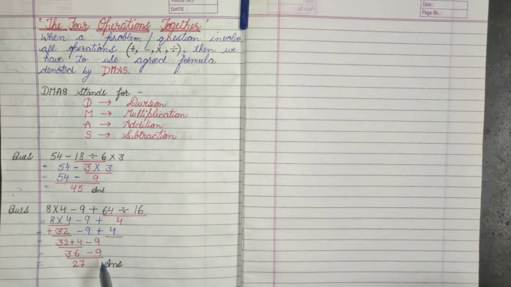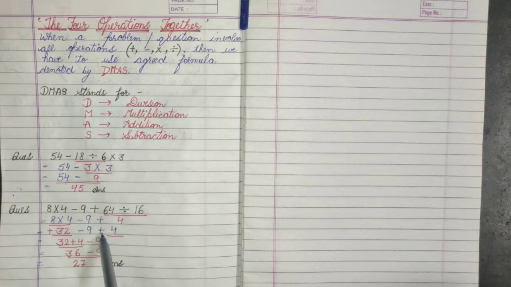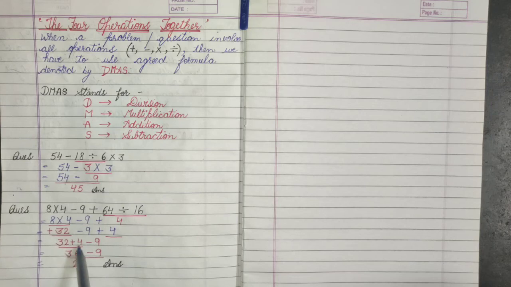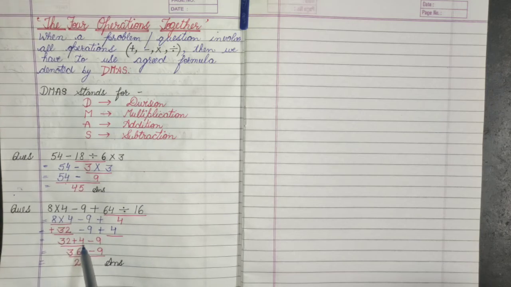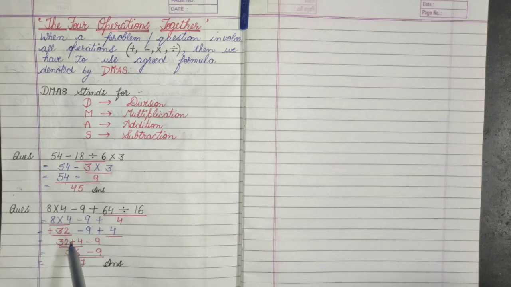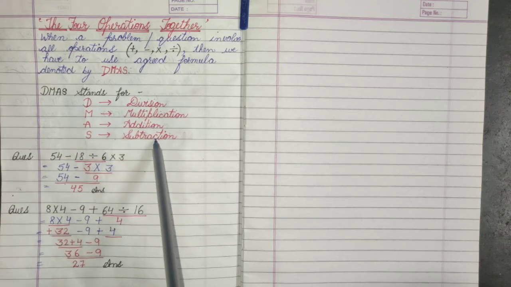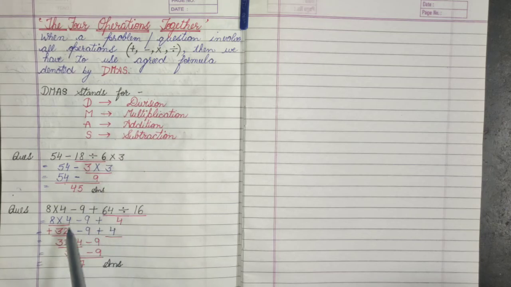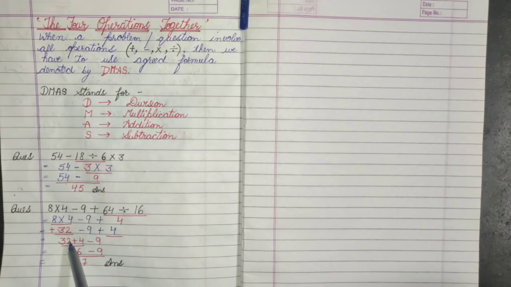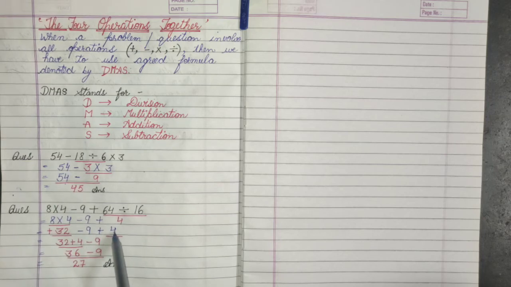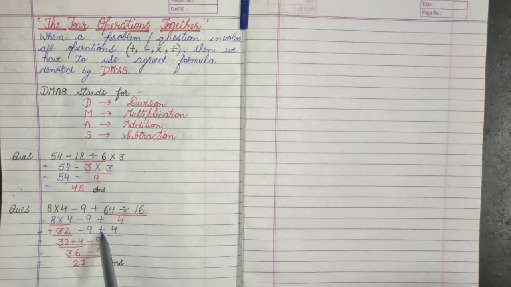प्लस का साइन किस किस के आगे है क्लास? एक तो 32 के आगे और एक 4 के आगे. So we will plus them, 32 plus 4. Why have I done plus before? पहले मैंने प्लस क्यों किया? There is a reason behind it, that is we have to do the addition before subtraction. तो पहले हम ऐड करेंगे. और किन नंबर्स को ऐड करेंगे? जिनके आगे प्लस है. Here I have taken 4 because in front of 4 plus was there.